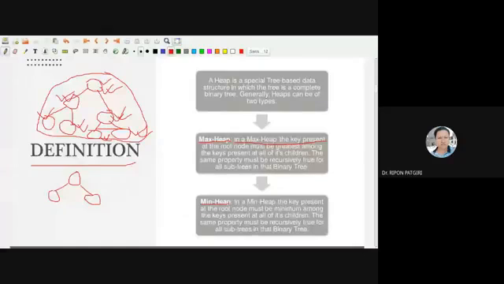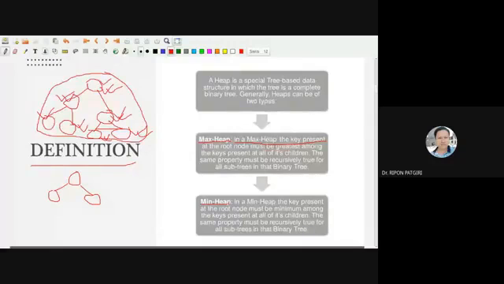So in the definition, in a max heap, the key present at the root node must be greatest among the keys present at all its children. The same property must be recursively true for all subtrees in the binary tree. Recursively means repetitively it should be true.